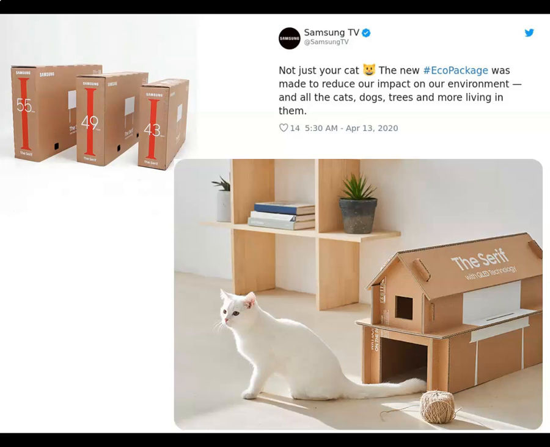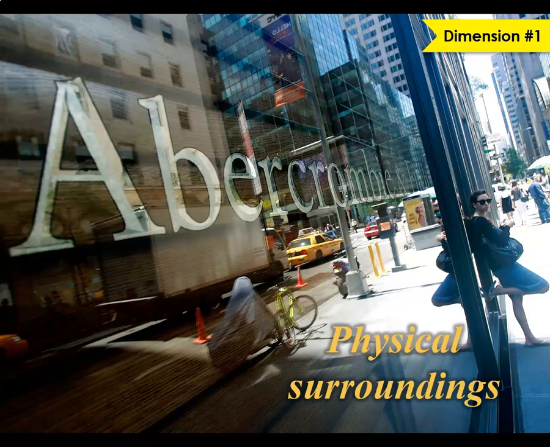Here's a good example of one brand leveraging the disposition situation. I thought it was very clever when Samsung earlier this year decided to use their TV packaging in a way where the consumer would have their TV but could also use the TV box to create a cool little cat condo for their pet. Situations can be described on a number of dimensions which determine their influence on a consumer's